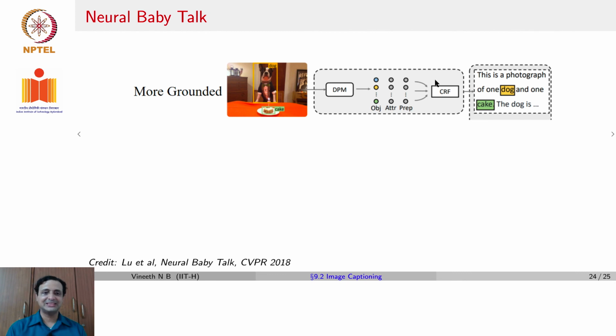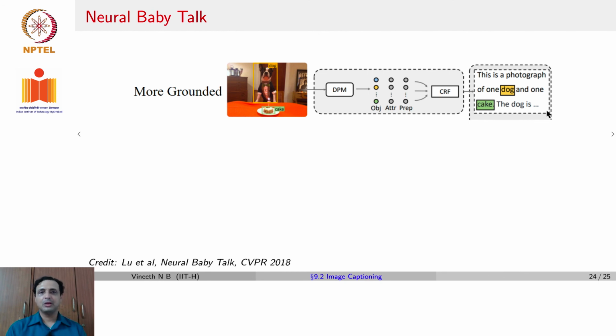We will not get into these details now, but one could assume that using these methods, which are based on graphical models, you could say that this is the photograph of one dog and one cake, and maybe the caption